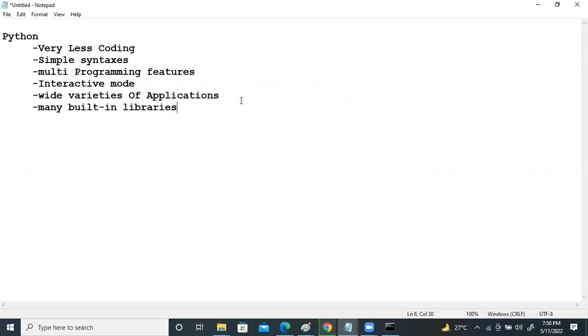And it's a high-level language. Python is a high-level language, right?